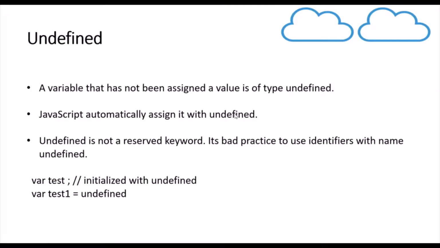Okay, so next we have undefined data type. Now a variable which has not been assigned a value in JavaScript is automatically assigned undefined value. This we have already seen while we were looking at execution context in JavaScript in one of our previous videos, right? So JavaScript will automatically assign memory to all the variables present in the JavaScript code at the beginning only, before even execution of a single line of code, right? And it also assigns a default placeholder value, that is undefined, to those variables.